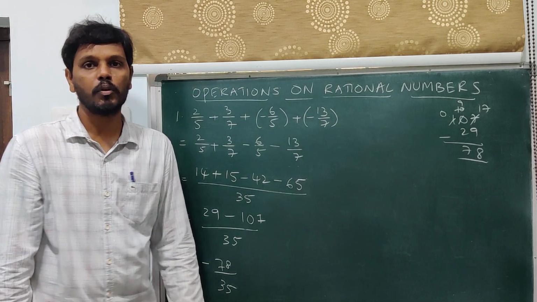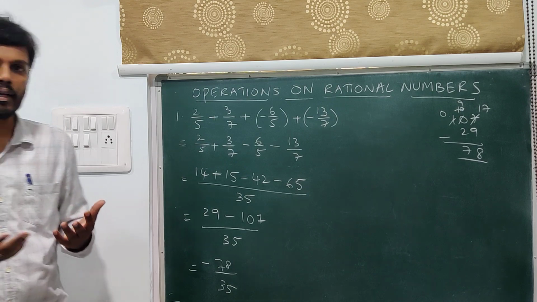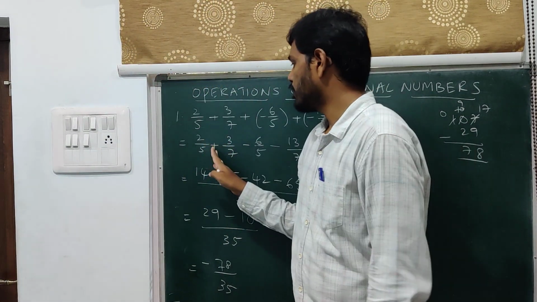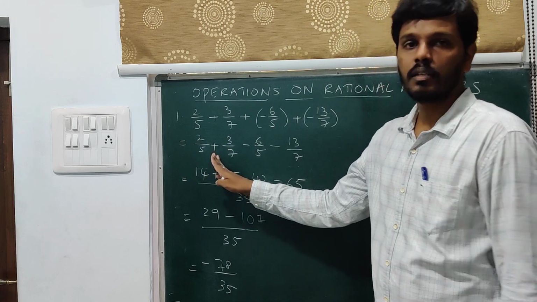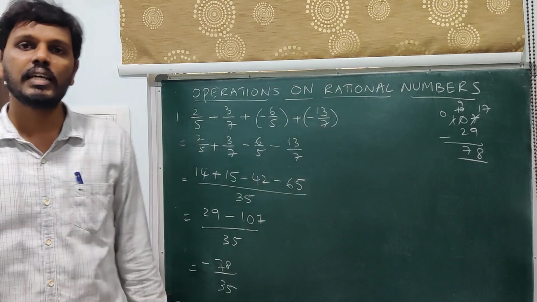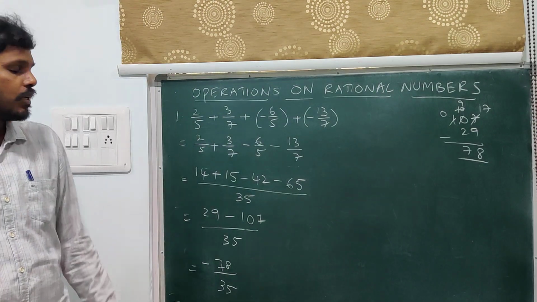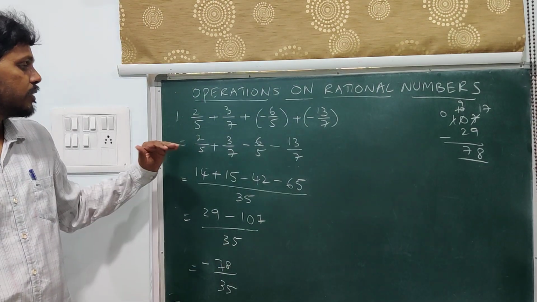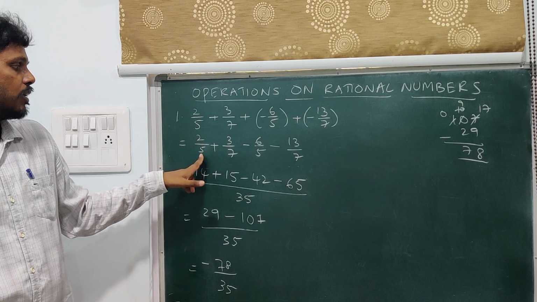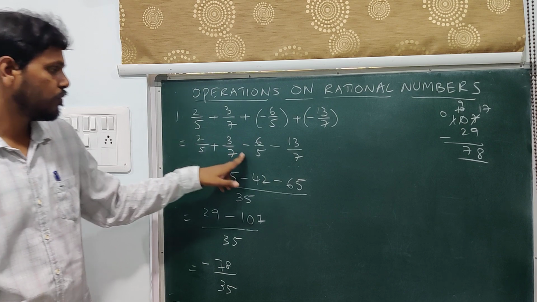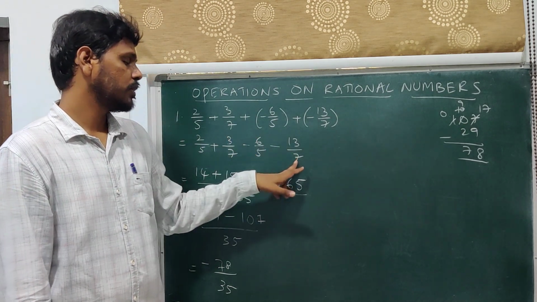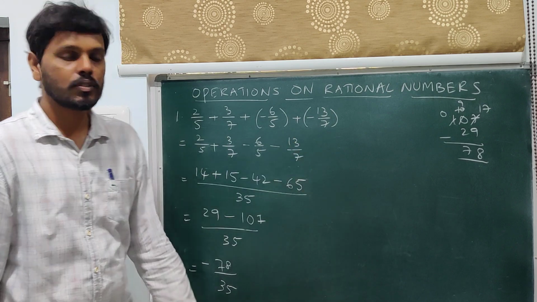So this is the way to go about. First, you open the brackets. That is, bracket indicates multiplication, so multiply that. Then you will arrive at this form. After arriving at this, do the usual process. Take the LCM of the denominators and identify the number to be multiplied to the denominator to get the LCM number, and multiply the same number to the numerator as well, like we have done in this case. 5 7s are 35, 2 7s are 14, 7 5s are 35, 3 5s are 15, 5 7s are 35, 6 7s are 42, 7 5s are 35, 13 5s are 65.